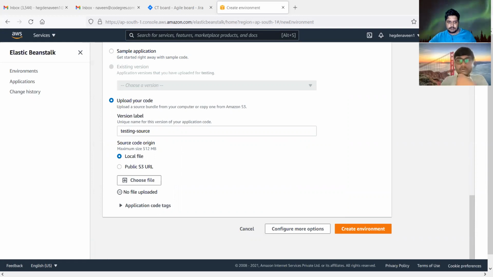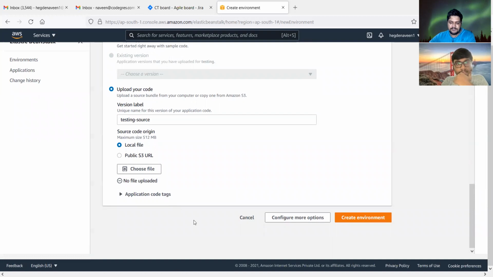Doing it from a GitHub repository is possible, but uploading is just the best way. So you'll have to zip without the node modules. Everything's the same, like your .gitignore, everything is the same. You will have to just upload. Not inside the zip, all the files should be there. It shouldn't be like inside the zip another folder is there and another inside that you will have the whole app. No, just opening the zip, all the different files should be there.